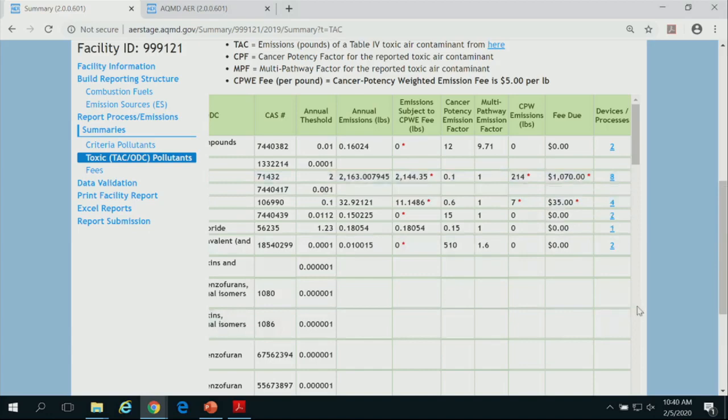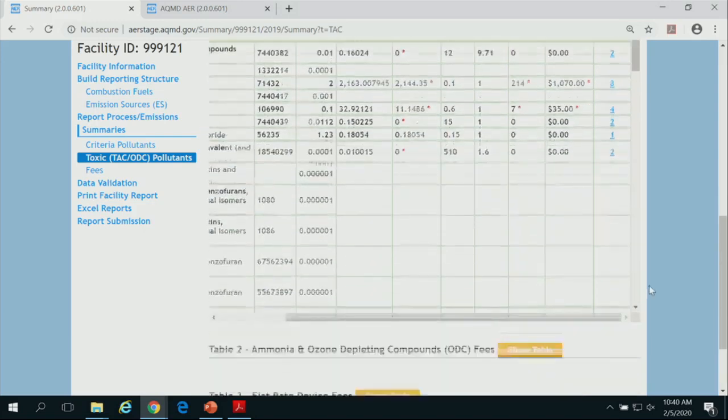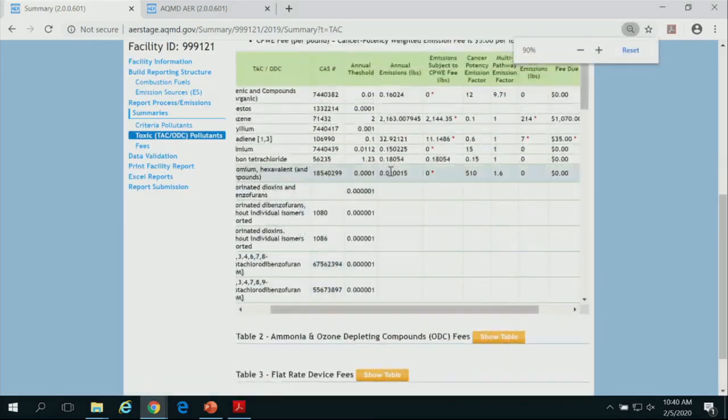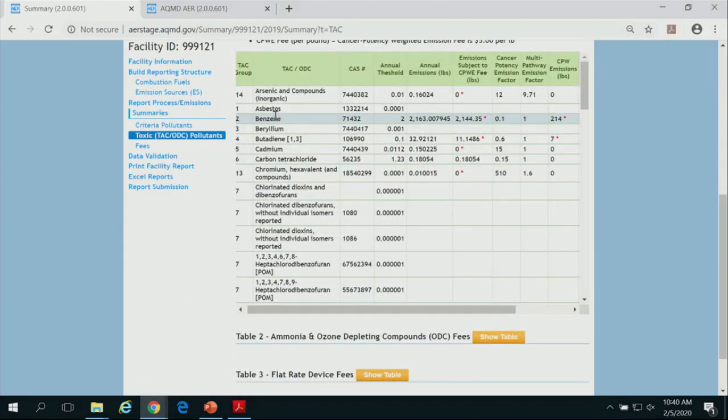To give you more options, if you see that fee and you want to dig in, usually this is the job that your supervisors do. They want to see, hey, how much, you're $100,000, why? So the answer to why is in the blue link here. It tells you, sorry, I have to toggle back and forth. For benzene, which was here, right?